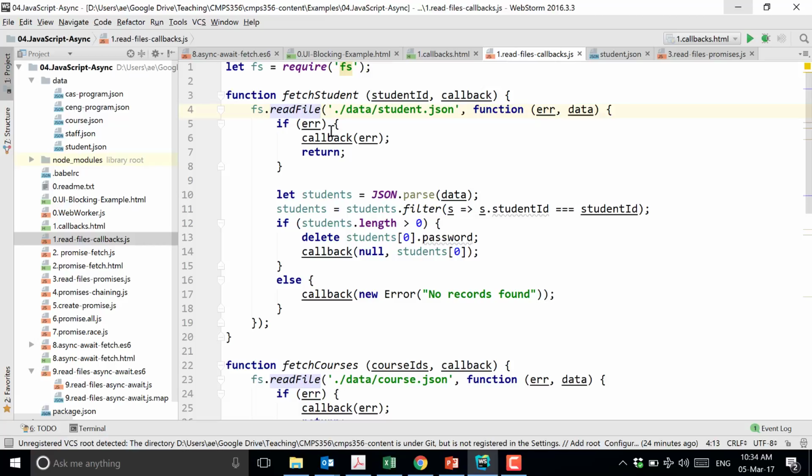I want you to read it, but is readFile a synchronous or asynchronous function? It's asynchronous. This one is synchronous: I call it, wait for it, and get the reply and put it in a variable. This one is asynchronous. So if I want to use it, what should I do? Give it a callback function.